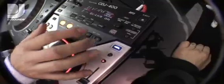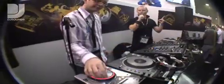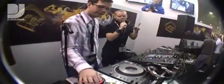One of the coolest new features on the CDJ-400 is the new looping features we've got. Dan's got a loop set up here, as you can see on the monitor. The in and out lights are flashing to symbolise that we've got a loop. Dan's put a loop into the CDJ-400 straight on the fly. But if Dan presses the minus button,